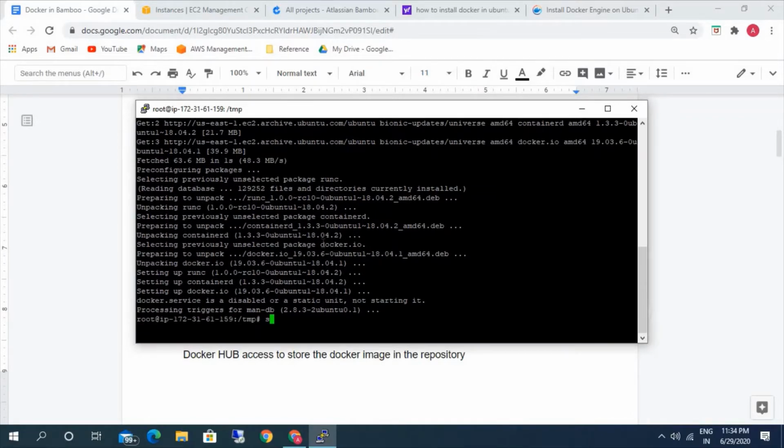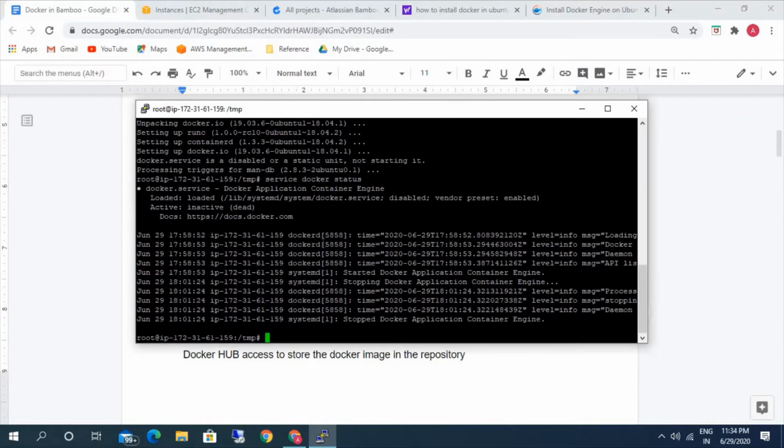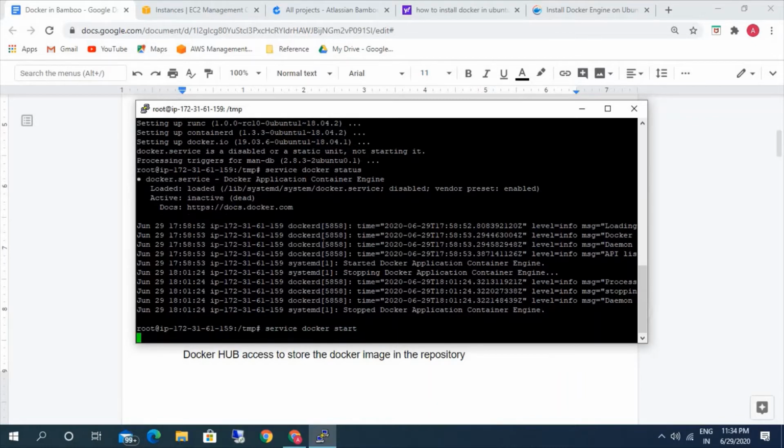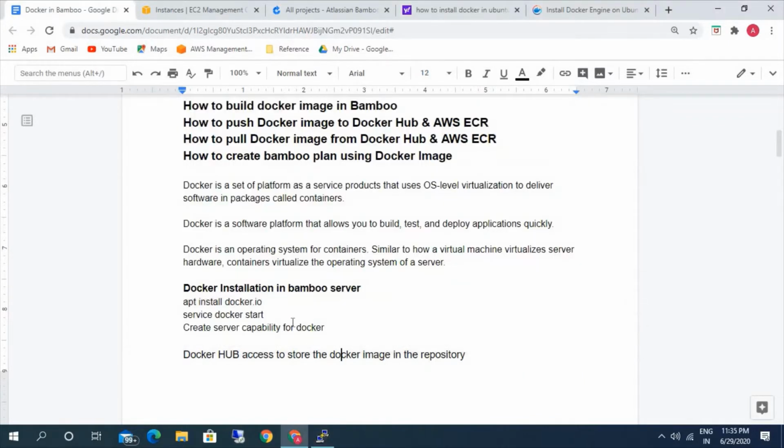Okay, it's installed now. Let's check the service. Okay, it's active. Let's start the service. Okay, now it's running. We have installed Docker now.